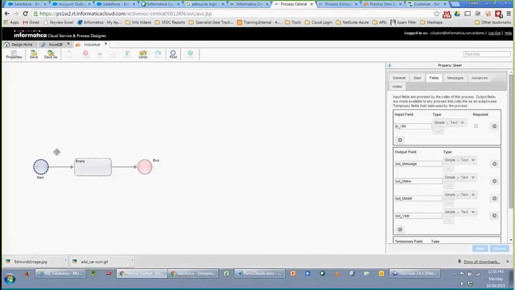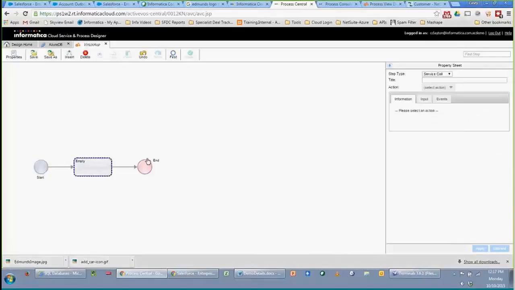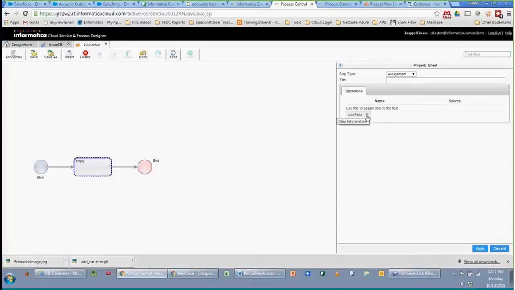The very first step we're going to have in our process, well, we're going to go ahead and make this in-VIN field required because the process is not going to be useful without this input VIN. So we'll make that a required field, and that way the system automatically returns an error if the required parameter is not submitted. And in this initial step, we're going to do an assignment. We use assignments to populate values on records, to hold temporary bits of information that will be used later in the process, and we also use assignments in order to populate our database objects based on whatever criteria, whether it be an input field or a